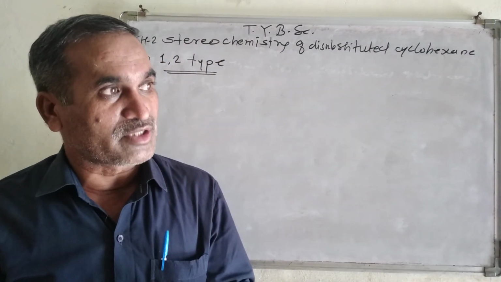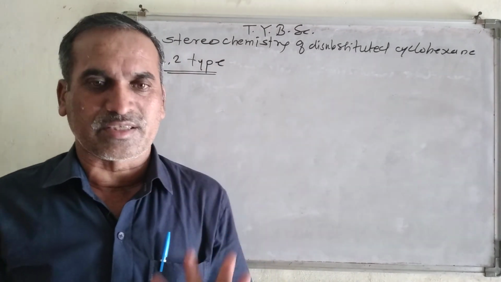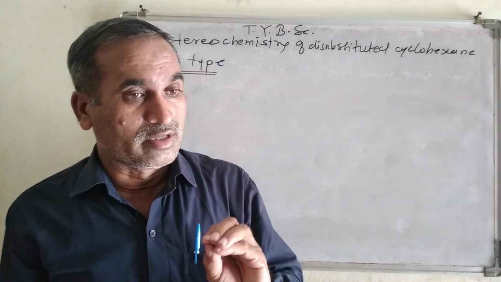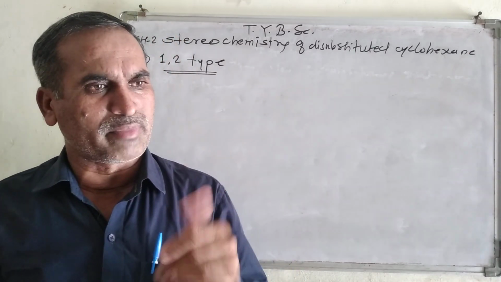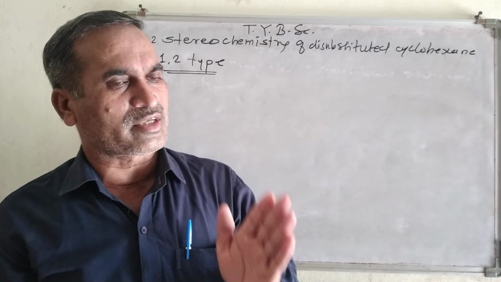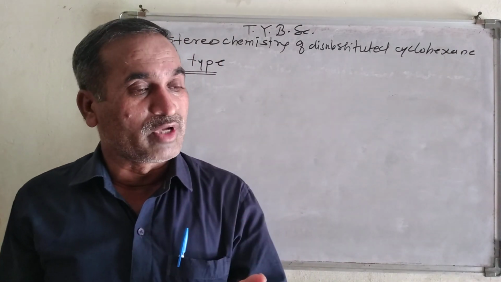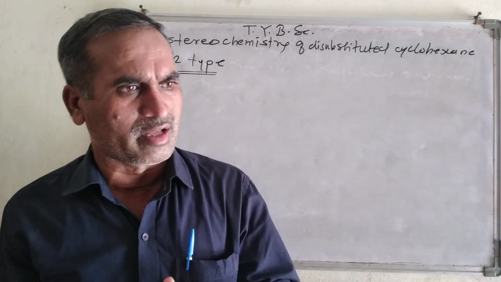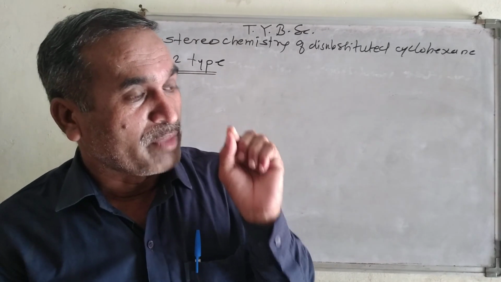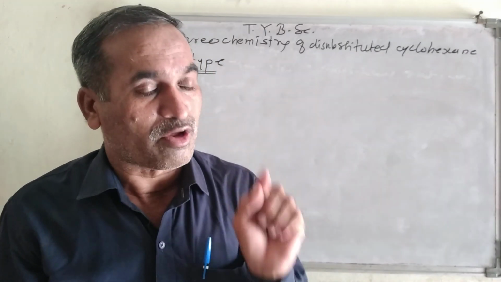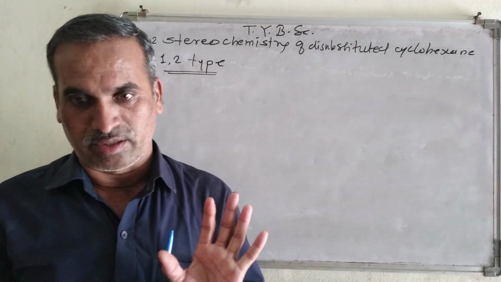And these symmetries you can learn from group theory. But as far as this chapter is concerned, we are going to learn only one symmetry, that is the plane of symmetry. How to remember it? It's very easy. You just divide the molecule into two equal parts. If they are identical, similar, it means that they possess a mirror plane of symmetry, and that compound is optically inactive in nature.